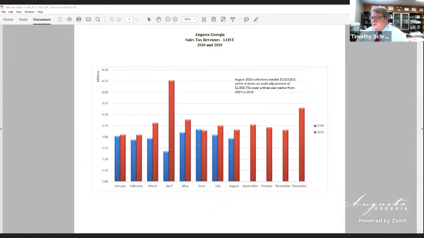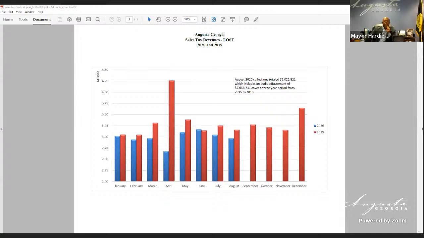So this is the collection for the last 2 years, 19 and 20. Okay, and blue represents 2020. So once again, I think this gives people a really good picture of where we're trending as a city. And while there are some suggestion that the situation is dire, I think this data from just a purely sales tax collections would tell you that that's not necessarily the case. When you look at April, this is at the point of shutdown, March 16th. March 16th through April, we were shut down, and then into May. And so I think a picture is worth 10,000 words, or in this case,